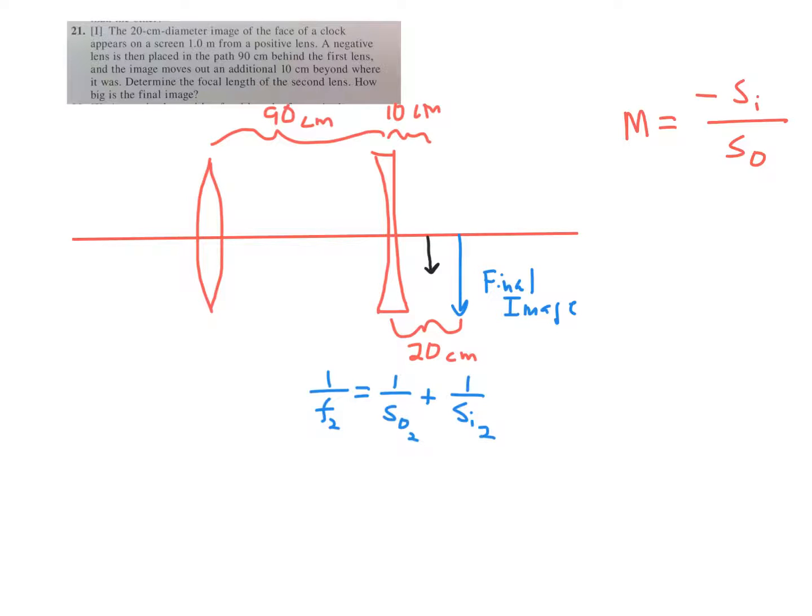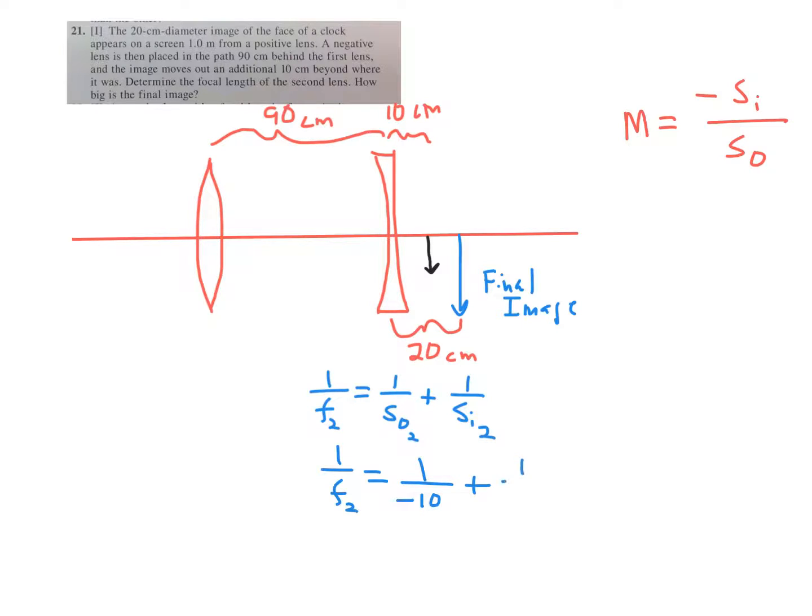But here's where it also gets a little tricky. If we go to the lens equation, 1 over f sub 2, which we're looking for, let's just start writing that out. 1 over f sub 2 equals 1 over the object distance. Now, in all general cases, the object distance is positive because we're working left to right. Our convention is if our object is to the left of the lens, we have a positive object distance. But now we have an object, the little black arrow, which is to the right of our diverging lens. So by our convention, this is one of those cases where you're going to have a negative object distance, and that's going to be negative 10 centimeters